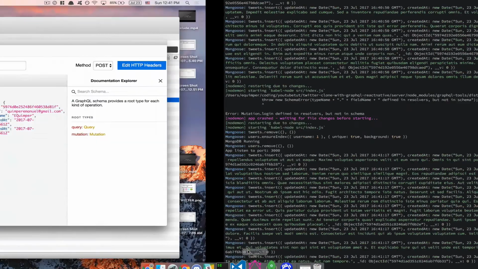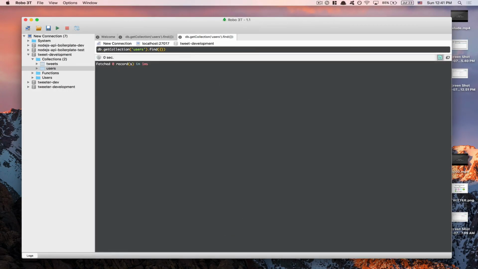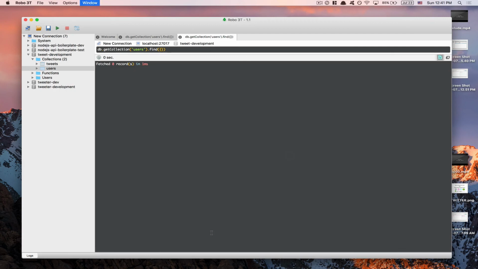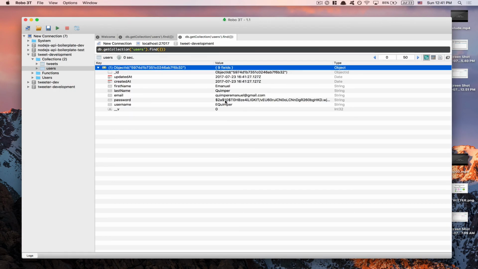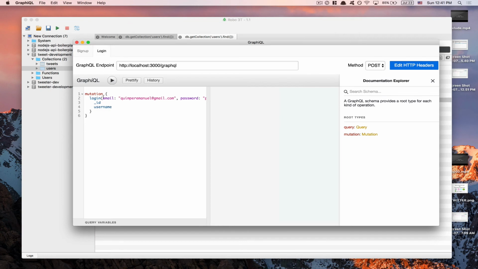Perfect. So now if I refresh my collection, I have no user. So to test that, I need to first sign up the user. So I'm going to create a user. Perfect. I have my user right there with the encrypted version. Now if I go and log in, I put my email. I'm going to say password only, and as you can see, my password was password 123. So now if I send that,